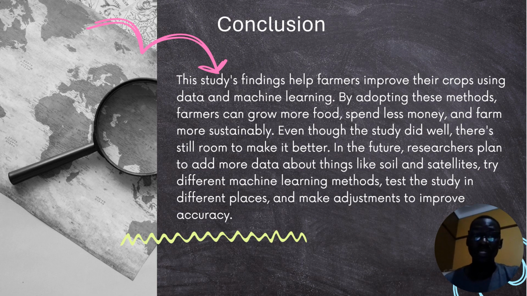So in the future, researchers plan to add more data about things like soil and satellites, try different machine learning methods, then test the study in different places and make adjustments to improve the accuracy. So if we move from location to different locations, depending on altitudes, weather, seasons, we may find that the models have to be dynamic, and then we shall be looking for a different output or slightly different from these